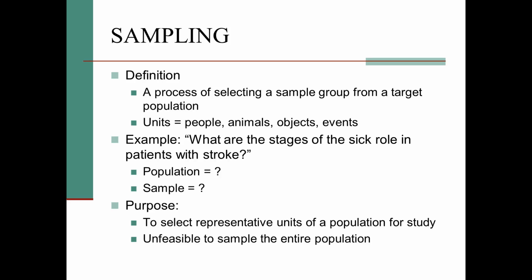So hopefully, with quantitative research, anyone in the population that relates to that would be a possibility, but then our sample is the actual ones that we include. To select representative units of the population for study is what we want, and sometimes that's unfeasible though. You just can't go to any state and any hospital and do the research, so sometimes you have to make some limits and say, I'm going to look at people who had strokes in